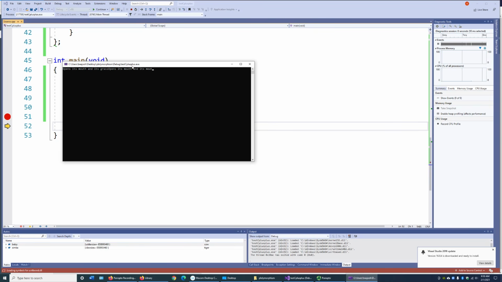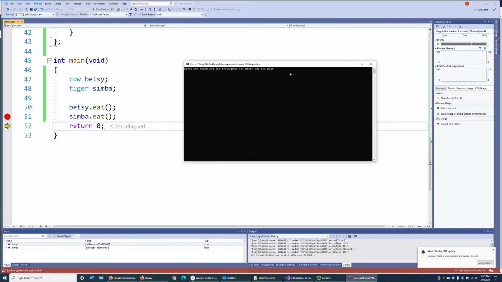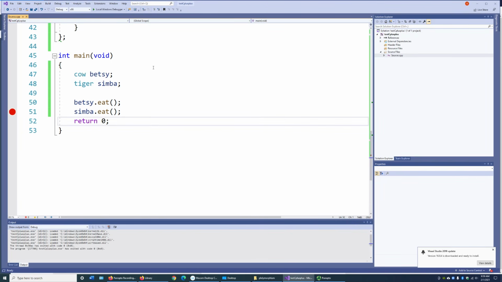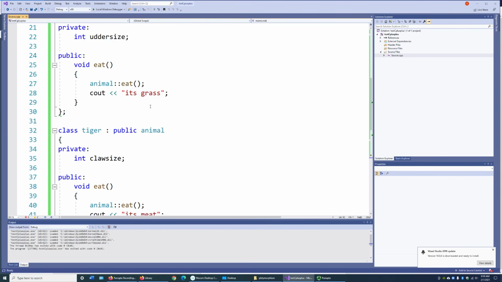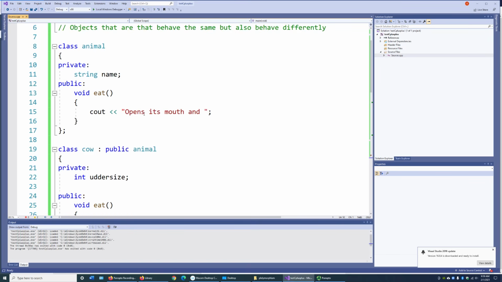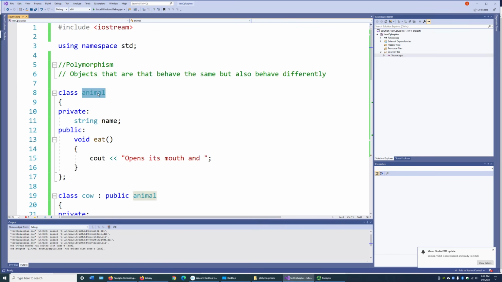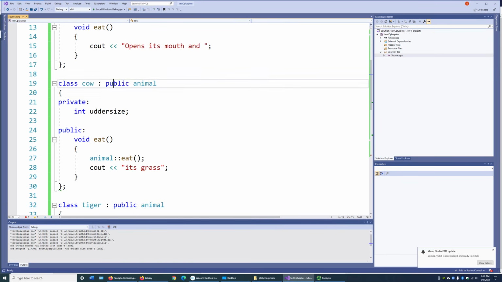The other output is from Betsy. I was thinking we got two, but this is our tiger eating right here. We got our cow eating grass, and our tiger eating meat. So that's polymorphism. You've got to understand the relationship of inheritance and how behaviors and the idea of generic work. So a base class is always generic, and as you inherit up the spectrum,